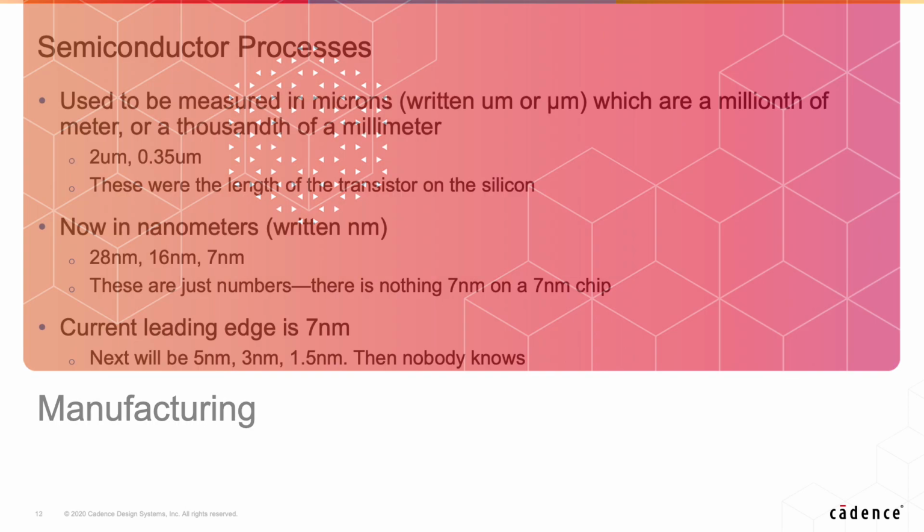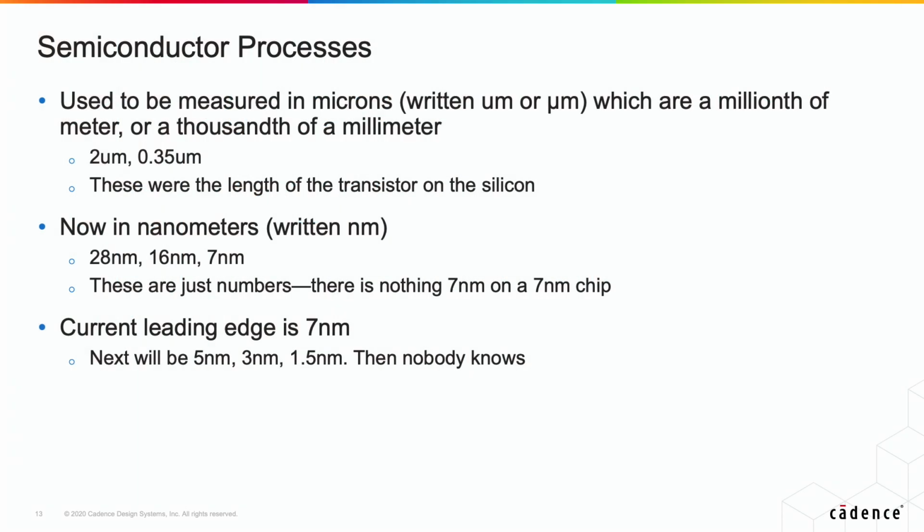Well, you build them in a semiconductor process. Each couple of years, a new process is released by the companies that build the chips. They used to be measured in microns, and when I started in this industry, we were at 3 micron. Those were the lengths of the transistor when you drew them actually on the silicon. Now, because we got way below 1 micron, they're now measured in nanometers,